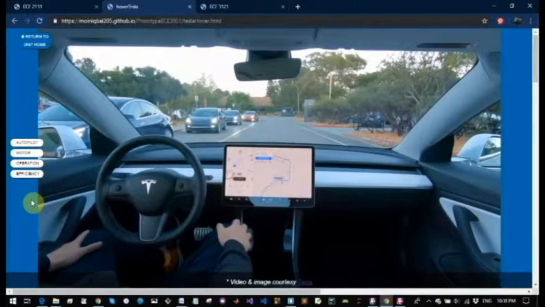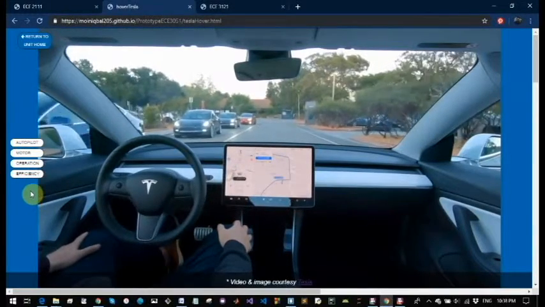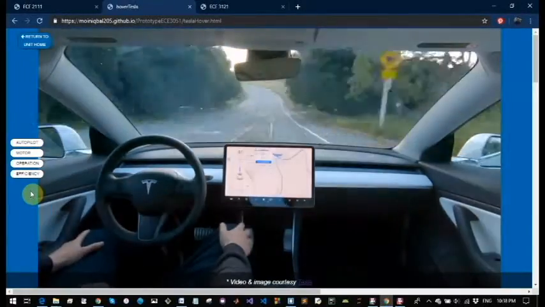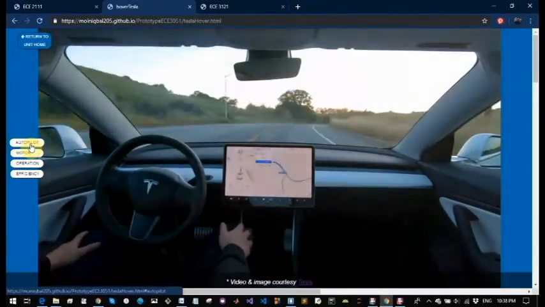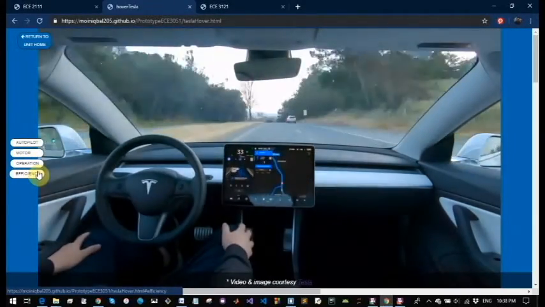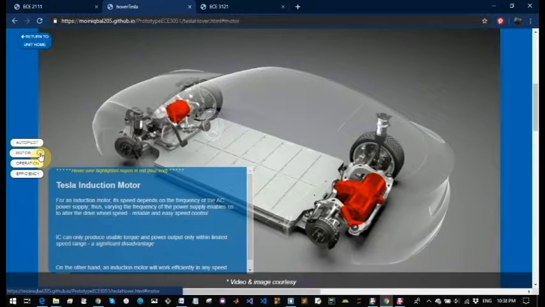Right, we are now here on the next page. The user is greeted with the latest advance in Tesla cars that include autonomous driving. The user can use these button prompts to jump back and forth between each section. In the next motor section,